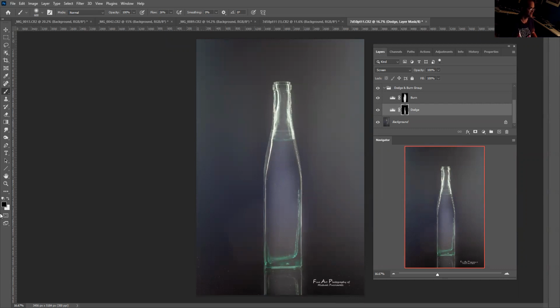And I'm just going to turn it to black because I did too much on the edges. I could do frequency separation, but